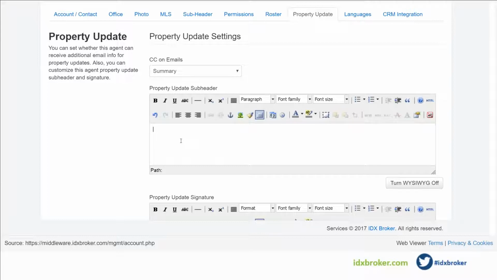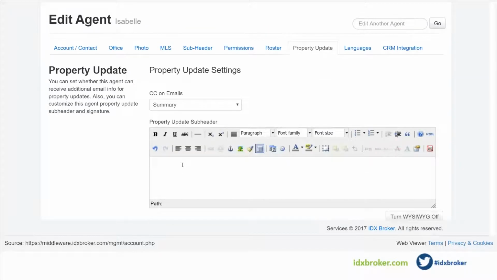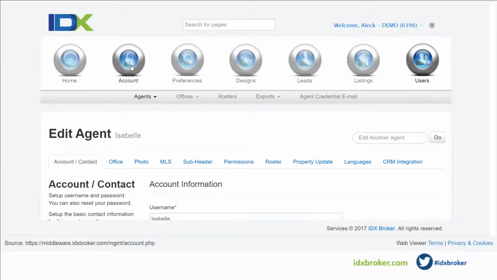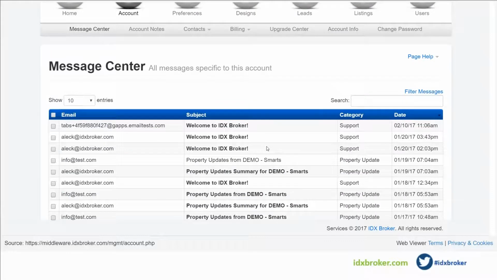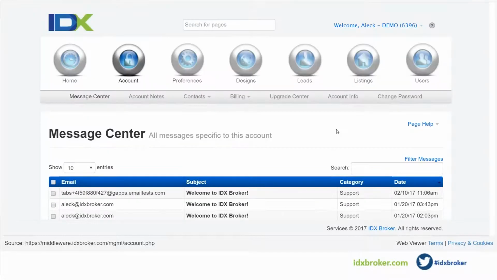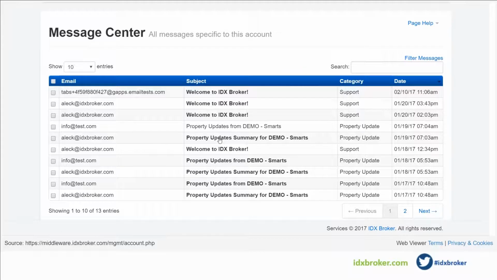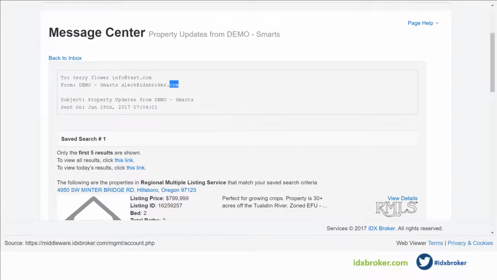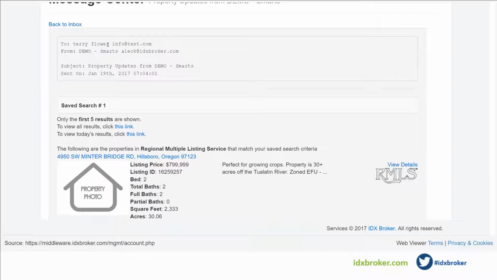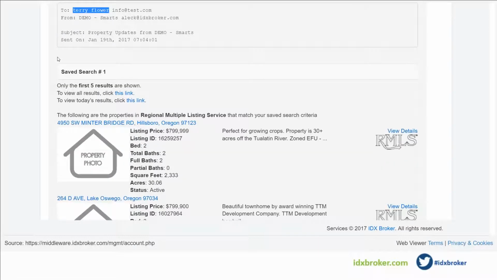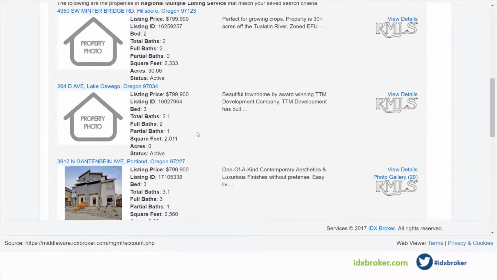I believe the property update emails automatically pull in the leads. You would be able to get that in your email account. You would also be able to see that in your message center right here. And it'd just be one of these, and then you could see what it's going to look like. So currently in that section, there aren't any variables. You just do a static subheader, and then you can see when an update does come through. So it'll have the to and the from, and here, the to actually does use their name in the to address,